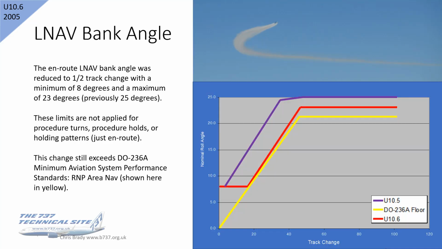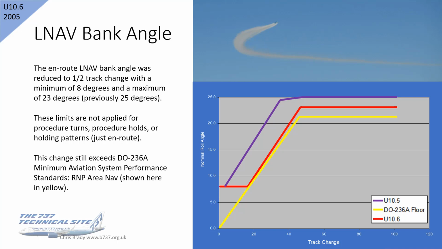Bank angle on LNAV was reduced to a half track change with a minimum of 8 degrees and a maximum of 23 degrees, and previously it had been 25. You can see the magenta line there on the graph is the previous one, 10.5, and the red line is 10.6. So there's been a reduction in bank angles brought in, and this really is just to improve altitude capability. The greater the bank angle, the less the vertical component of lift, and if you're right up